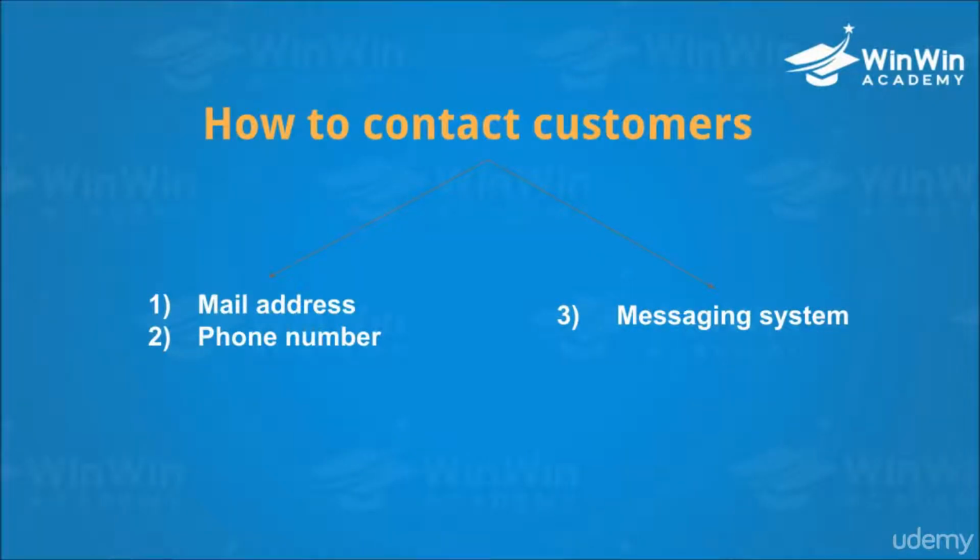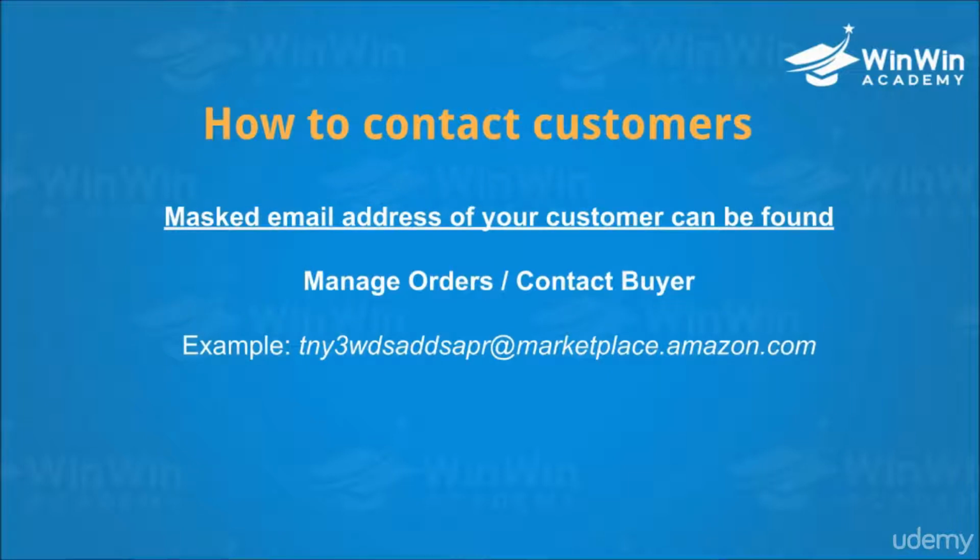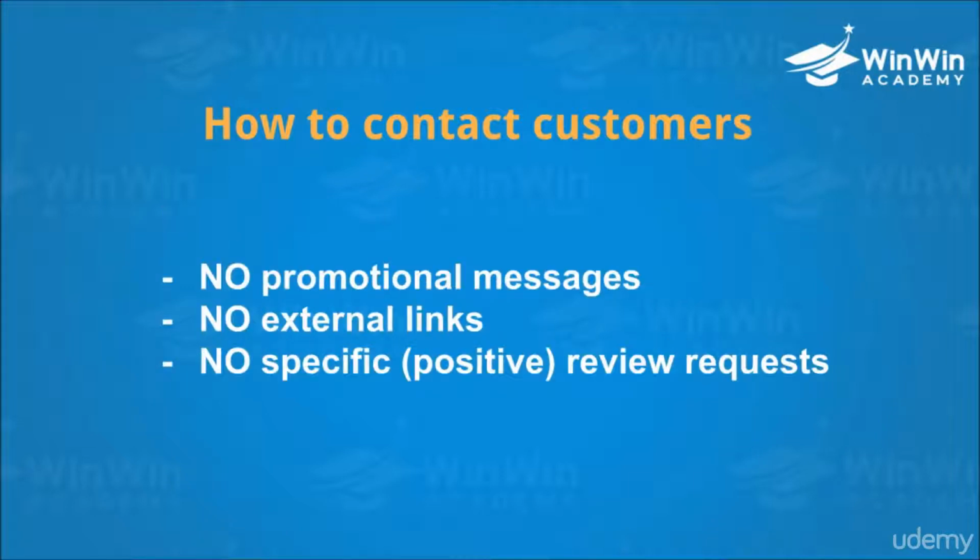As I mentioned previously, Amazon gives you only the phone number and mailing address of your customer, not their actual email address. However, you can use Amazon's messaging system to contact your customers through a masked email address. Now, these messages cannot be promotional, cannot include any external links, and you cannot ask for positive or negative review or feedback. You can ask your customers only to leave an unbiased product review or seller feedback, but you cannot ask